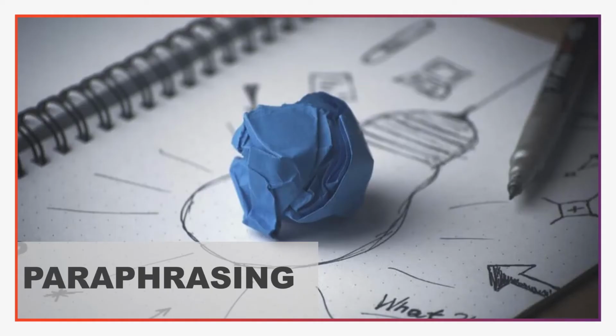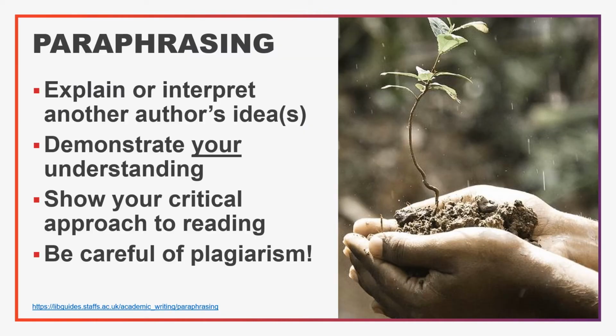Referencing is not only important when you're directly quoting from a source, it is also essential when paraphrasing. Paraphrasing is demonstrating your understanding of the text you are reading by writing it in your own words. In other words, paraphrasing is explaining or interpreting another author's idea, argument, or theory. When paraphrasing, you might restate an author's argument in your own words, you may condense or clarify their points, or you might use their argument to provide credibility to your own points.